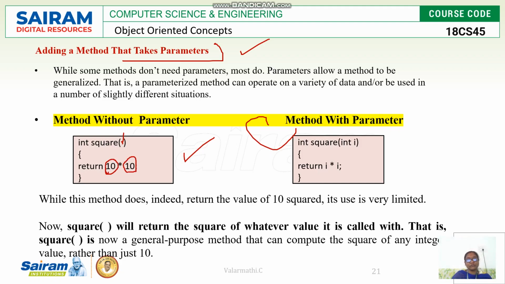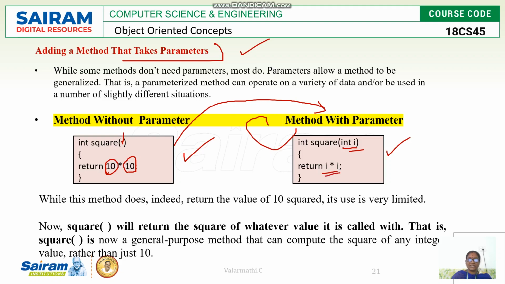But what happens if you have converted this type of method into this type, that is, a method with a parameter? It is a generalized form. Whatever arguments you are passing, it may be 10 or 5 or 8 or 100. Whatever number you pass inside the parameter, it will return its square value.